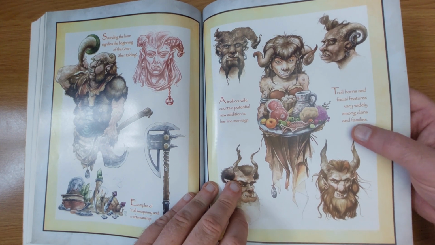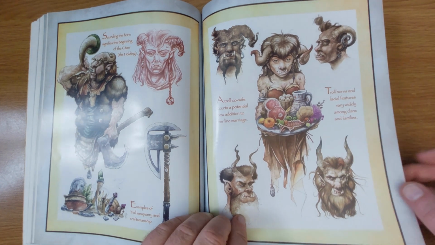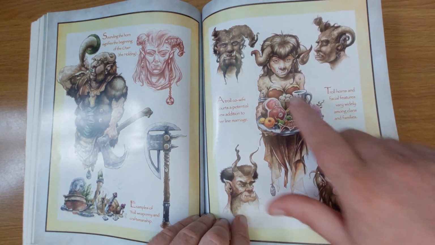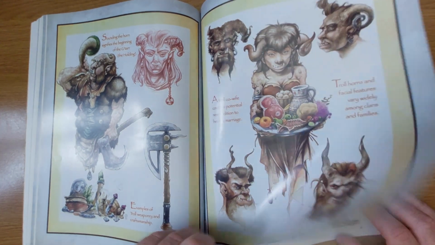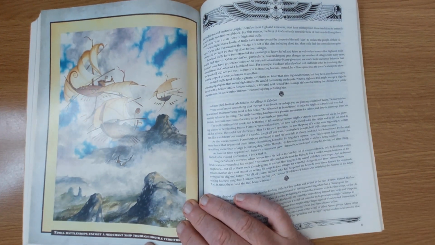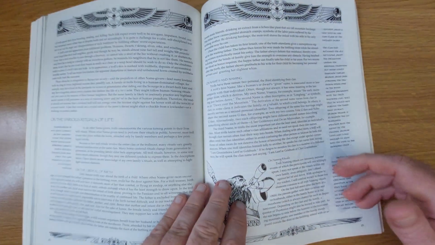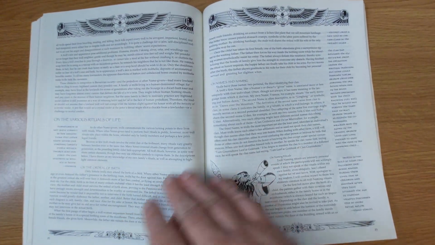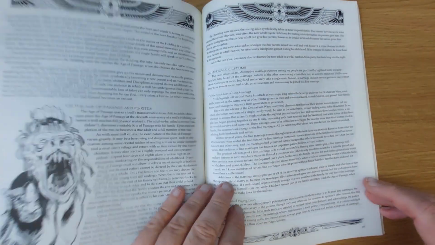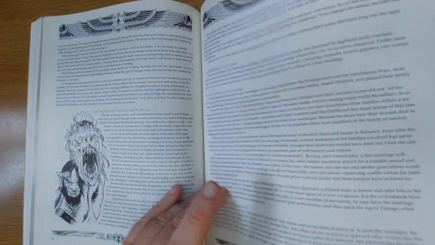Troll horns and facial features widely vary among clans and families. So you get ones which have almost horns, whereas ones are just growths. They're not as equal. And troll battleships escort a merchant ship through hostile territory, the flying ships they use. And continuing on, the various rituals of life, names and naming, and marriage customs, and the evolution of line marriage,